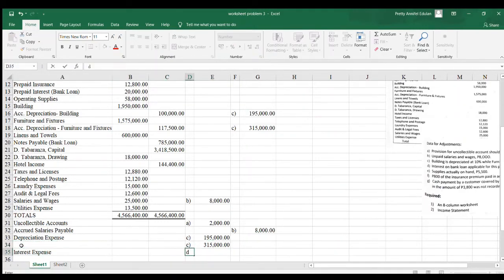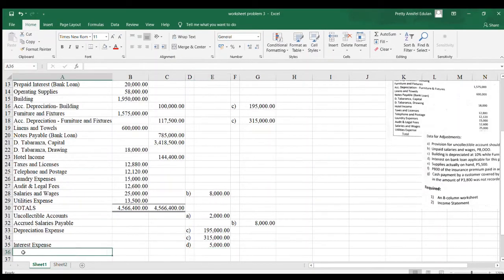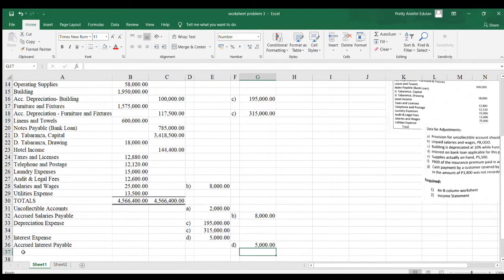Interest expense, that is letter D, 5,000. Accrued interest payable, supplies expense,